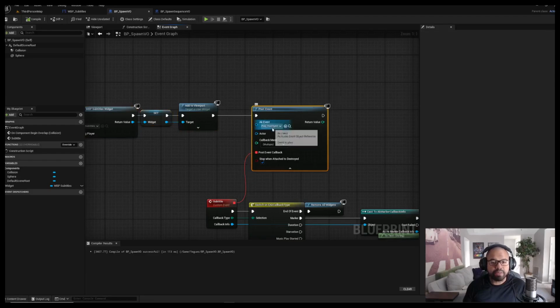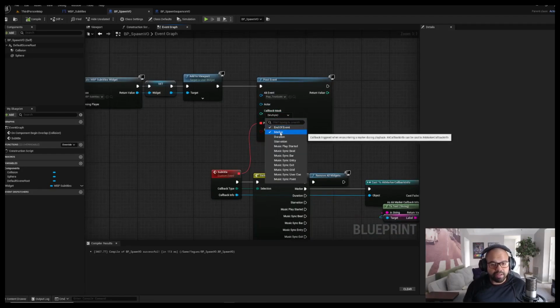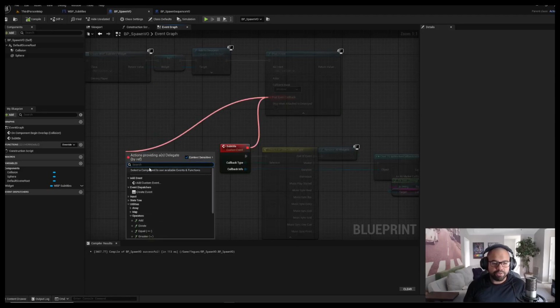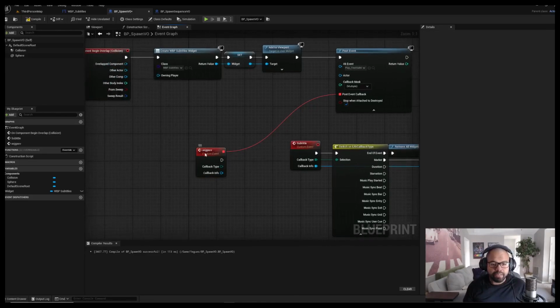And then I'm posting my subtitle event. Now, this is the Wwise node, right? My post event node. Make sure you put your correct event inside of here. And then I'm using callback masks. In here, I have the end of event mask on as well as the markers. And then from post event callback, right, if you drag off, you can add a custom event and then name it whatever you want, right? I already have one here, but I'll walk through it again. So you make your subtitles event,